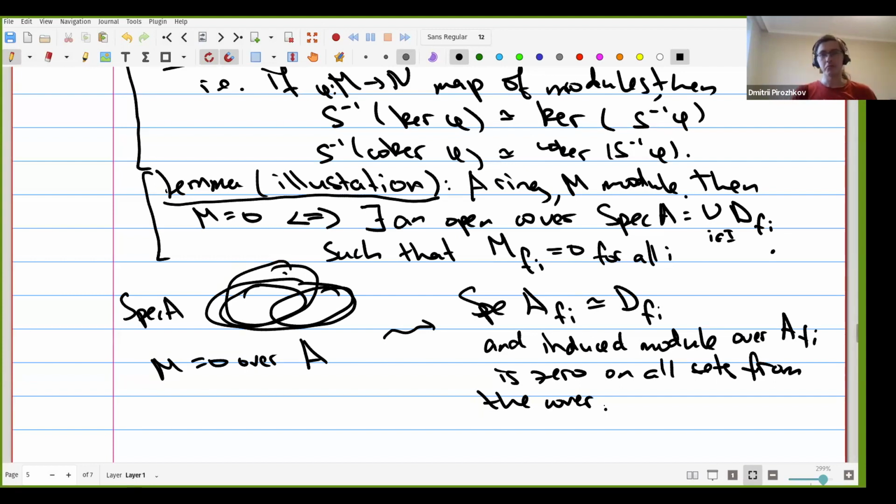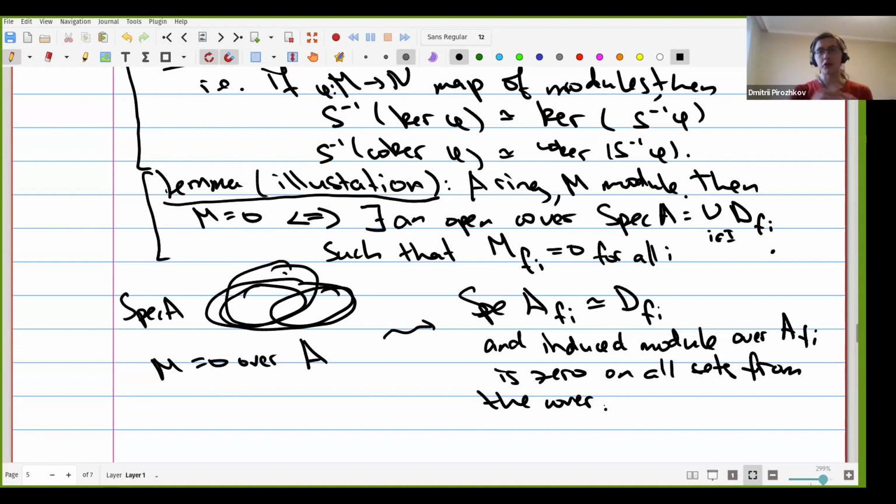So this may sound a little bit stupid, just checking that the module is 0, but it becomes more useful if you think, for example, that this M is some kind of quotient of two constructions that you did, and you want to check that they're the same, and you interpret this as showing that the quotient is 0, and then instead of checking that the result is 0 for an arbitrary ring A, instead you can look at,